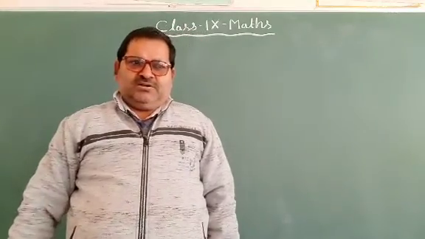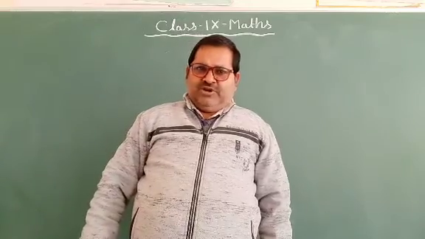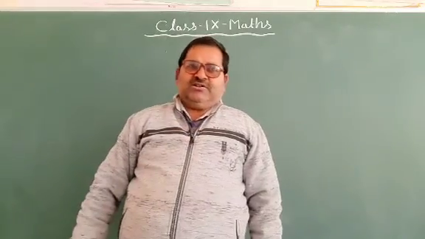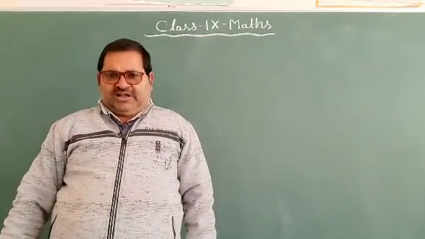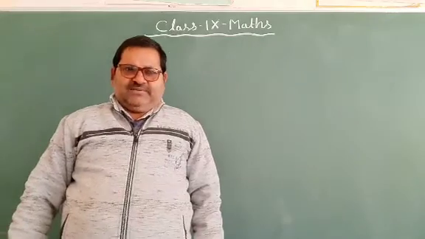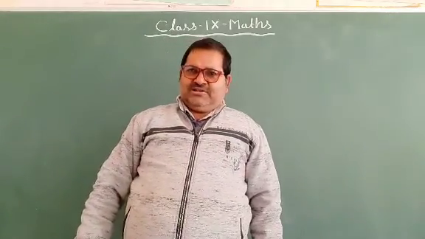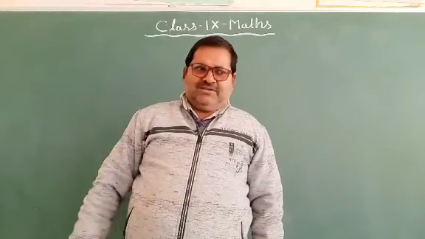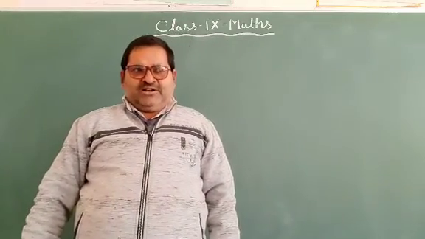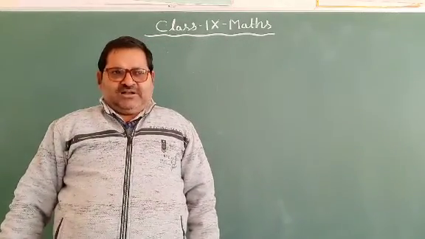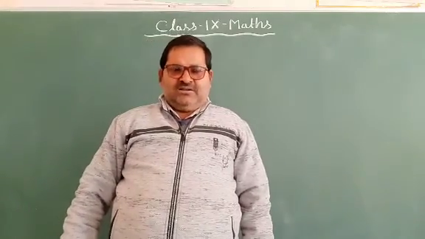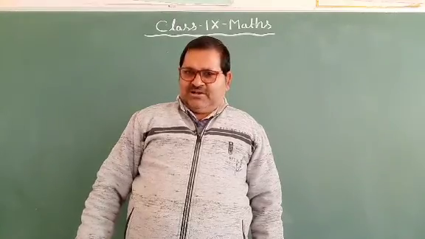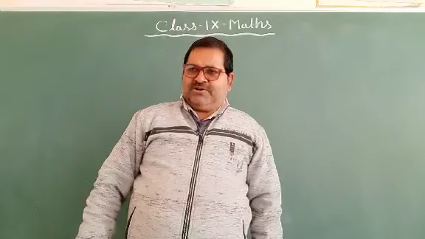Now today we discuss the volume of cuboid and the volume of cube. A cuboid is a solid three-dimensional figure which has 12 edges, 8 vertices and 6 faces. The cube is a solid three-dimensional figure in which all the sides are equal. Then we find the volume of a cuboid as well as the volume of a cube.